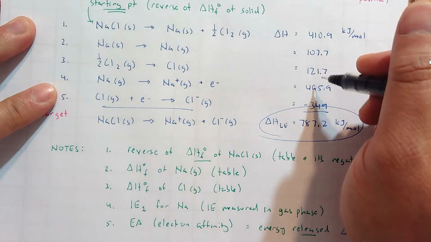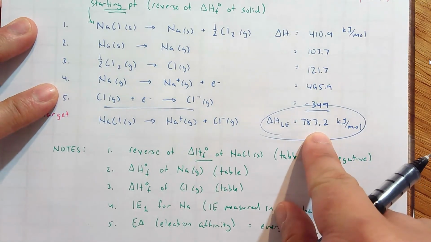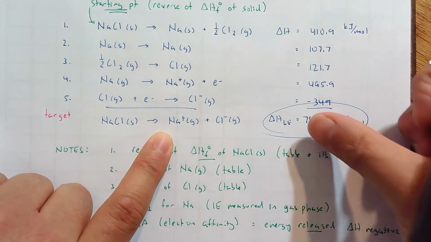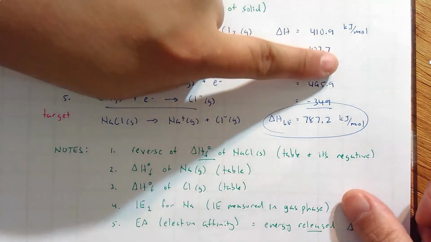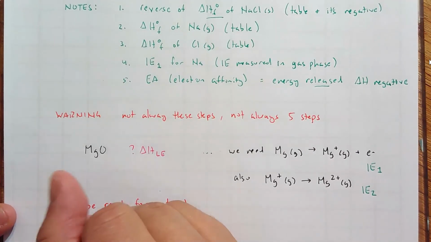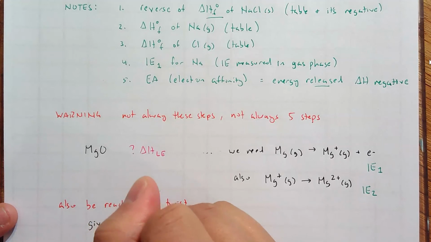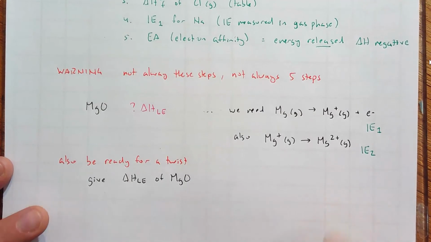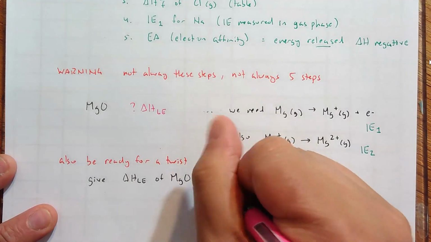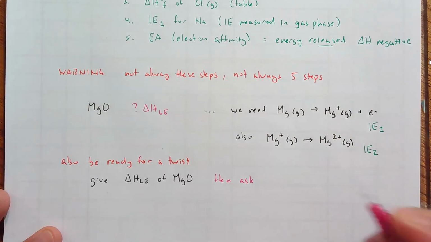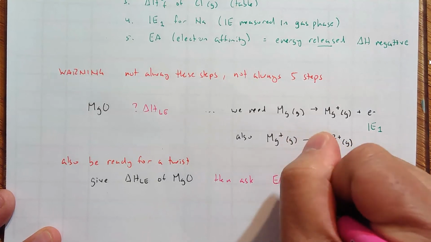We have an equation here, right? X plus Y plus Z, etc. gives me my target. But this last equation, the result doesn't have to be the unknown. Any one of these steps could be the unknown. Okay? So, for instance, what if they give you delta H lattice energy of MgO? And then they ask, for instance, the second electron affinity